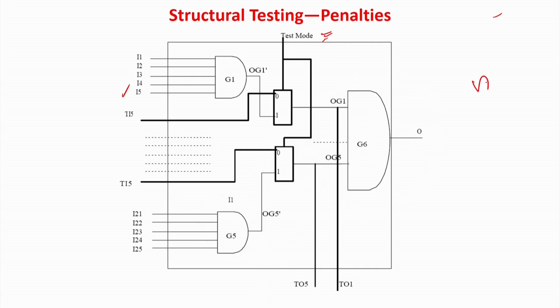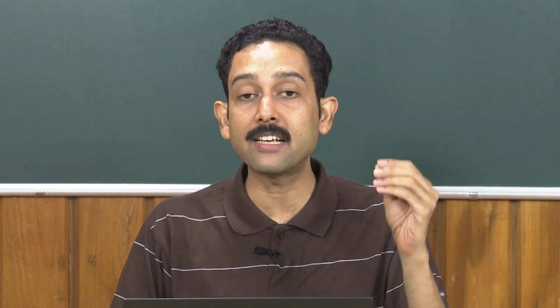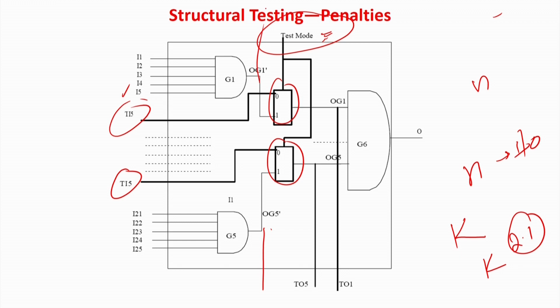If there are n intermediate lines which have to be observed, n extra IO lines will be brought out for observation, and if there are k internal lines which have to be controlled, there will be k 2:1 multiplexers plus k extra input lines which will be your test input lines, and there is one test mode pin. You can easily understand, if there are hundreds and thousands of such internal lines which have to be controlled and observed, how many extra pinouts and how many extra multiplexers have to be put. Extremely difficult, because your circuit cannot have a huge number of IO pins, because that is limited by the area of your chip covering material.